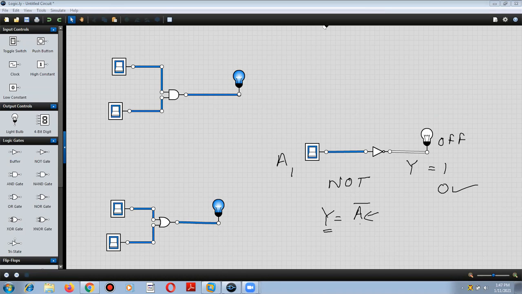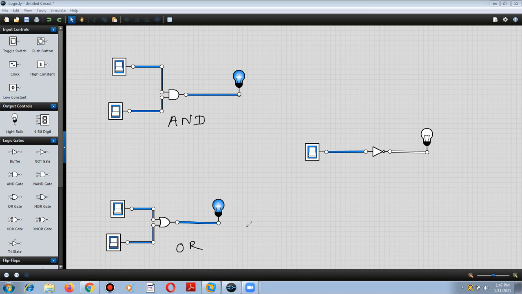So this is how all the basic gates work. To summarize, there are three basic gates. The basic gates are AND gate, which gives the product of inputs. Second is OR gate, which is the summation of inputs. And third is NOT gate. It gives the complement of input.